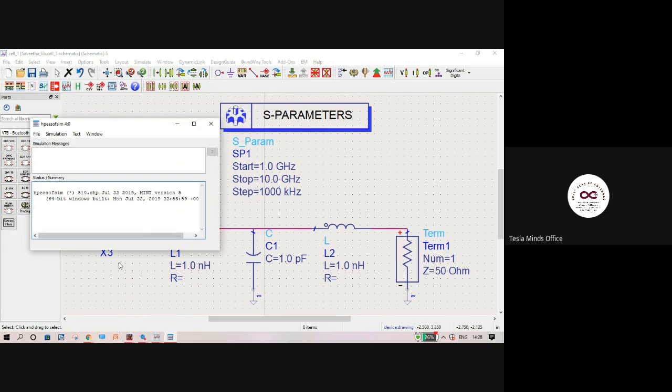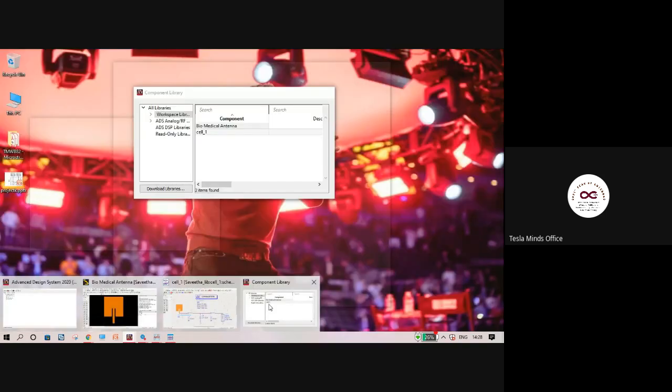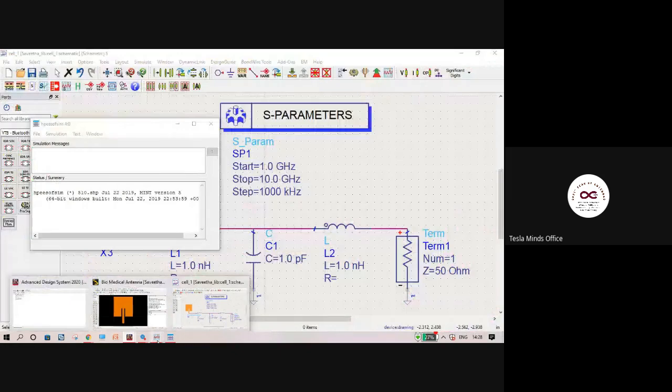I just rerun the simulation so that we can finally complete with the fine tuning aspect also. Right, so I'll just show you that also. This simulation will complete soon so that we can complete.